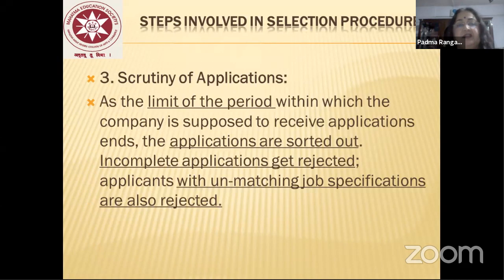Step number 3 involves scrutiny of application. At the limit of the period, अगर आपको 10 दिन में एप्लीकेशन देने हैं और आप 15 दिन के बाद एप्लीकेशन भेज रहे हो, तो आपका वो एप्लीकेशन रिजेक्ट हो जाता है। तो जो भी कैंडिडेट को टाइम पीरियड दिया जाता है एडवर्टाइजमेंट में कि आपको 10 दिन में अप्लाई करना है, तो उस टाइम लिमिट के अंदर कैंडिडेट को कंपनी के उस वैकेंसी के लिए अप्लाई करना है। Applications are sorted out, incomplete applications को रिजेक्ट किए जाते हैं,